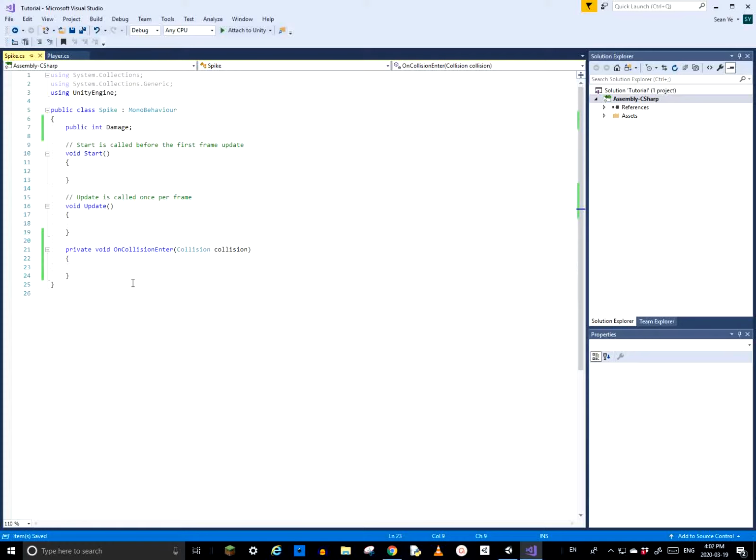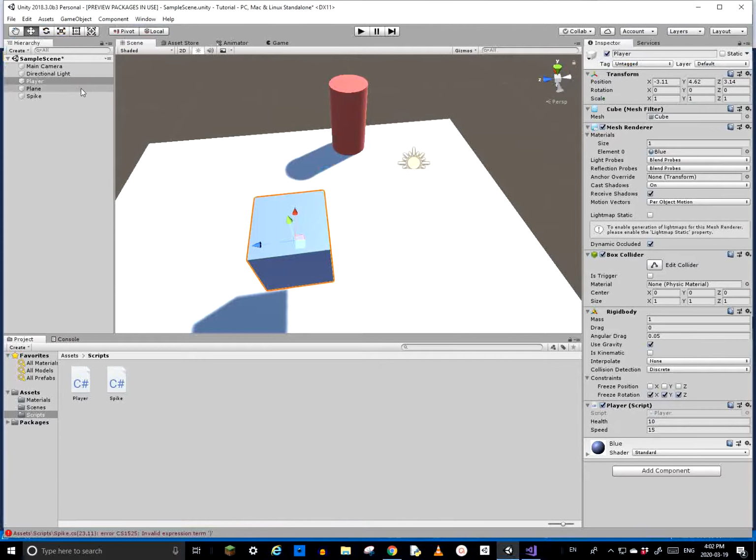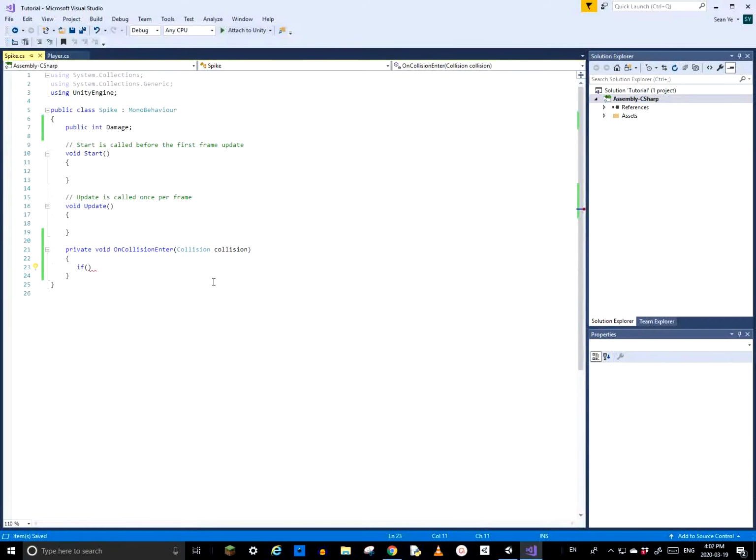So we can put an if statement. Before we do this, if there were enemies in this game, we don't want the spike thinking that enemies are the player, because usually enemies don't get hit by the obstacles. I mean, they could, but I'm going to make it so it only works if it's the player. No other objects in this game are going to have this player script, so we can literally just check if